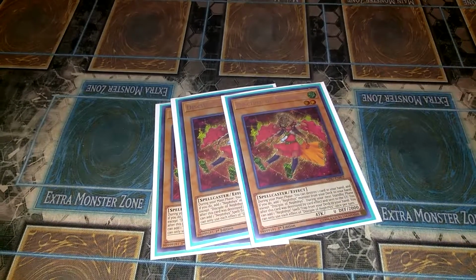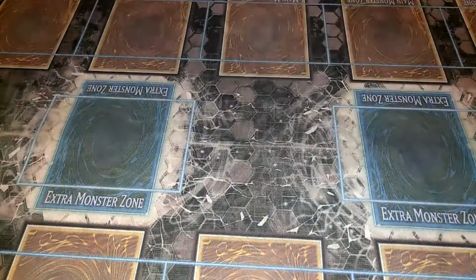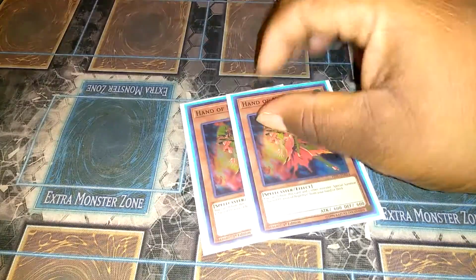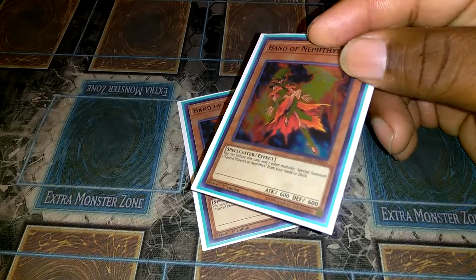So basically, this allows you to either get the ritual card, the trap card, or just the generic spell card that does automatic destruction, which is a good way to search. Last on the effect monsters, which are regular effect monsters, is a classic card that we all know, Hand of Nephthys. At the time, it seems useless, and it's the only way to actually...